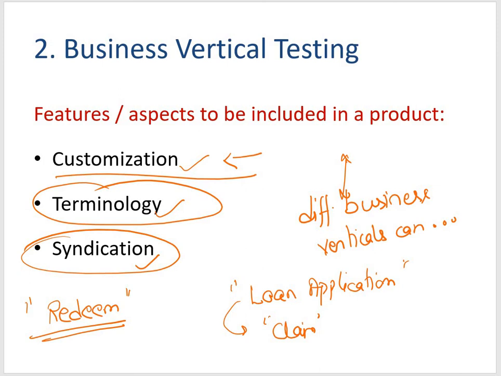Your service providers pay a license fee to product companies and sell the products and solutions having their name and image, right? A product should give features for those syndications in the product, and they must also be tested as a business vertical testing. So what basically means is that let's say I have a product P where a sub product P1 is integrated, and that is provided by someone else, right?